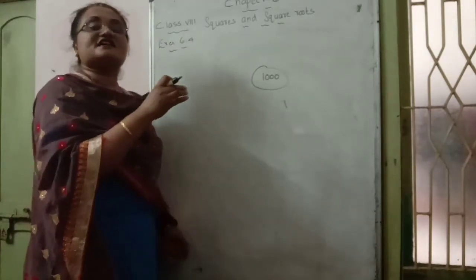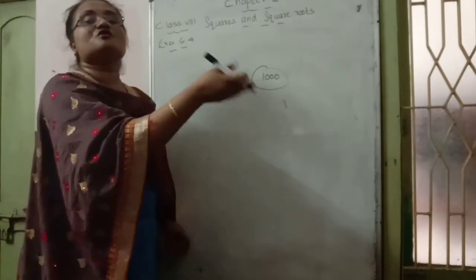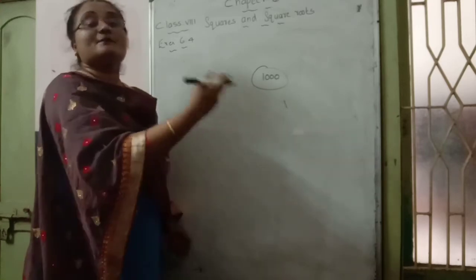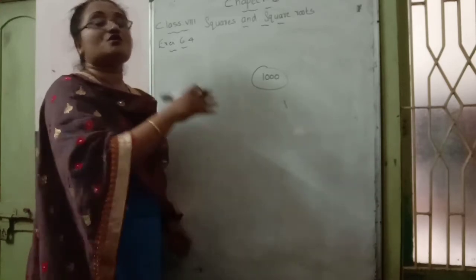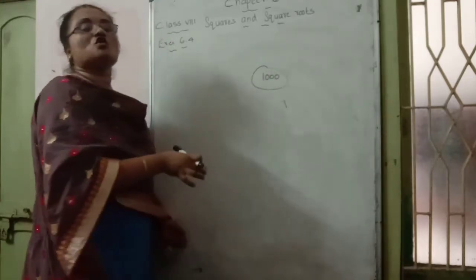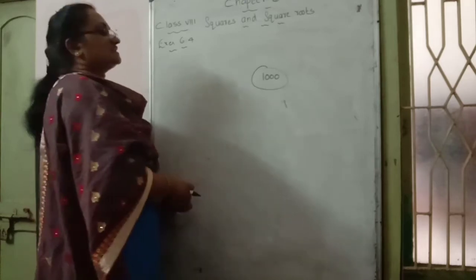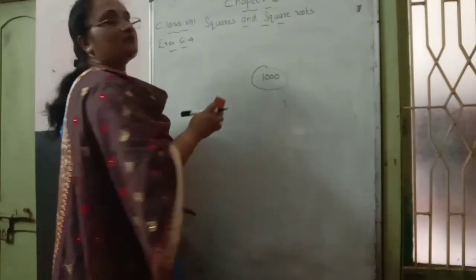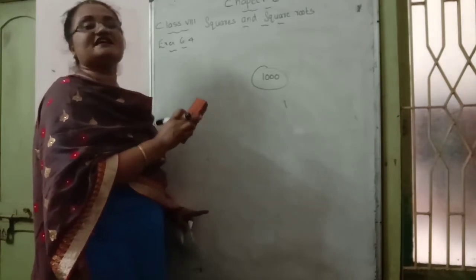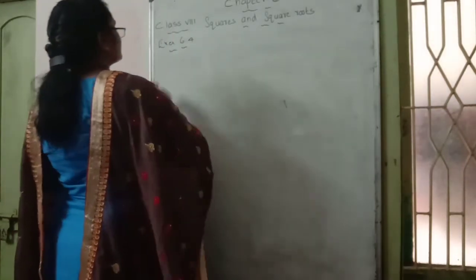Then the question is asking how many more plants are required for him to plant it. In his hand he has only 1,000. How many extra plants does he need so that he is able to plant them in the same rows and same columns? The total number of plants presently in hand is 1,000. So how much extra? How to identify that?